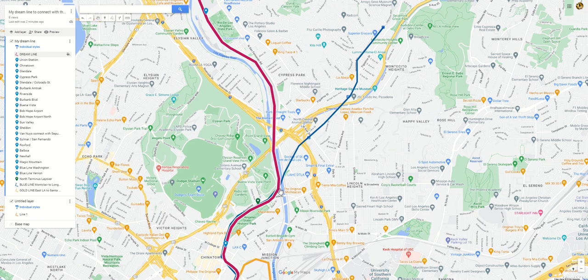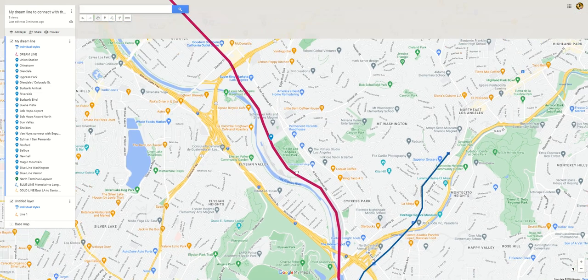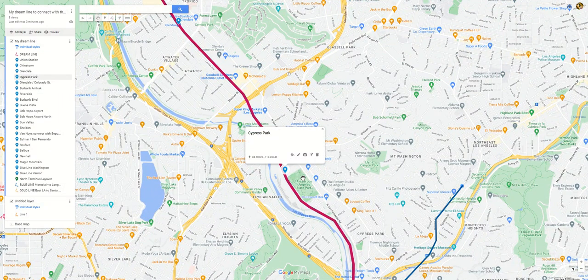Okay. Then in the future, what I'm about to talk about next is not part of any Metro plans for the future. It used to be in the 90s when they thought they had unlimited money. They thought it would have been awesome, but it didn't happen. This was removed from the original plans. Currently, Metrolink services this area. But how about every 8 to 20 minute train running from early morning to 12 o'clock midnight that goes to here, Cypress Park,